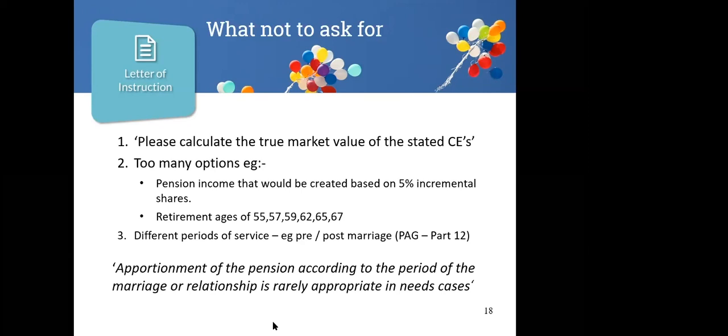in this instance. We do get cases where investment income is asked to be considered as well, but investment income is generally very different from the generation of a pension income, and I think there are always problems when you are mixing pension income questions with investment income, because they're two different styles of income. And what we're looking to generate in a pension sharing report is an income which is ultimately guaranteed through the purchase of an annuity, which of course investment income doesn't normally do. But hopefully the example at the end will elaborate a bit more on